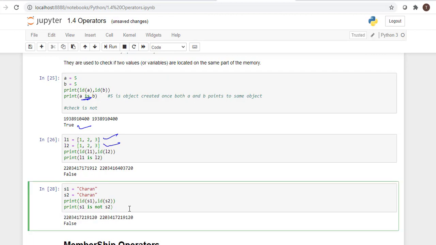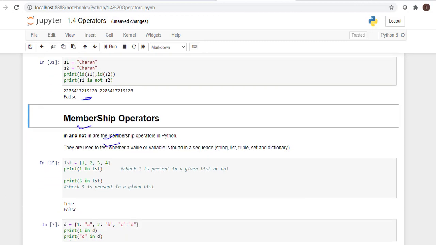Both are sharing the same memory, so both are identical. Here we are using the is not operator, that's why it gives false. If you use is, it will return true. So is and is not are the identity operators.